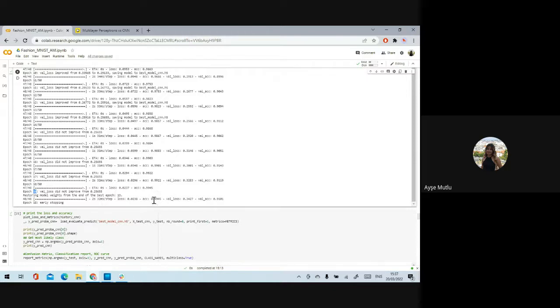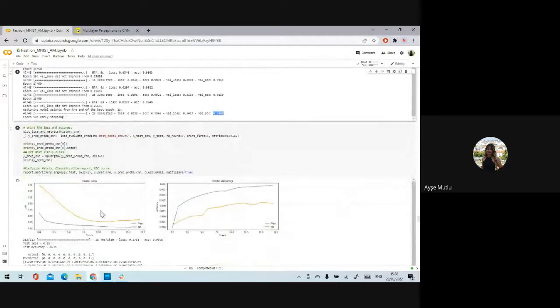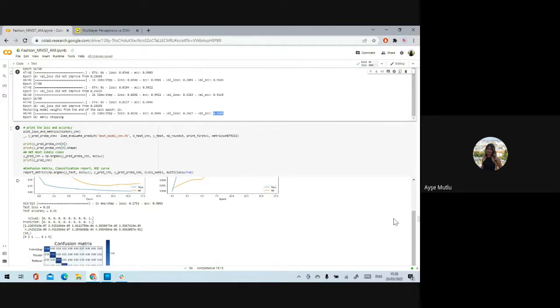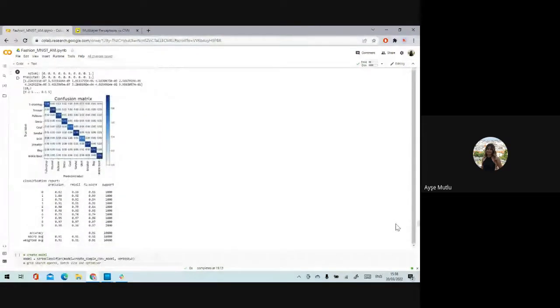When we look at the accuracy and the validation accuracy, as the accuracy is increasing, there is a difference between them. So we can try to work on that, and you can also look at the graphs, like the model loss and the model accuracy. But still, there is a difference. So we can try to make it a better line by improving or by changing the batch sizes. So this was the CNN model.